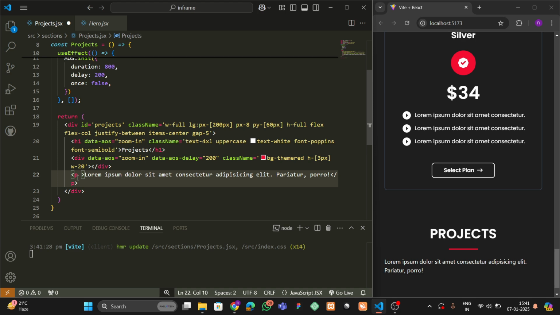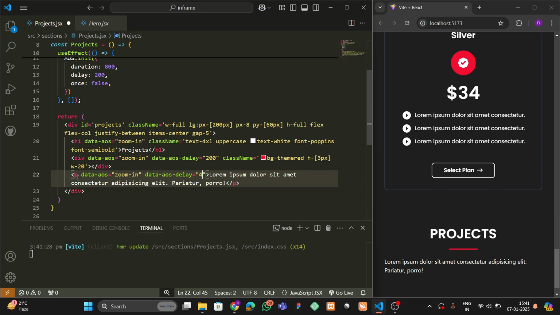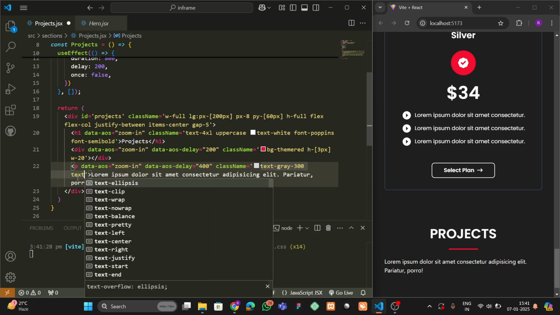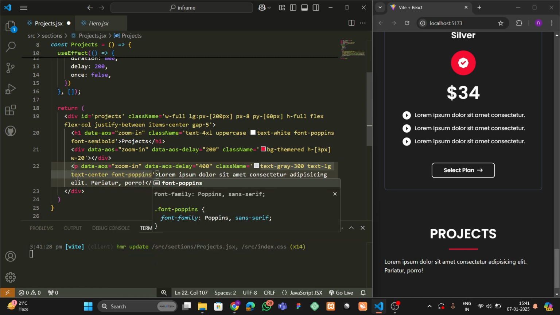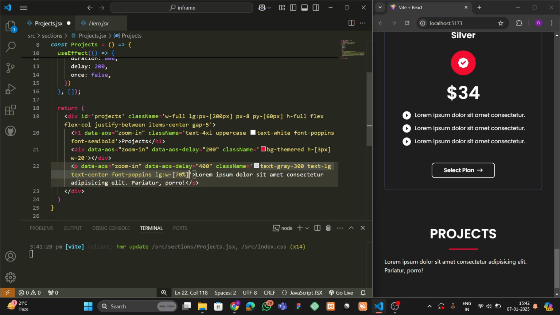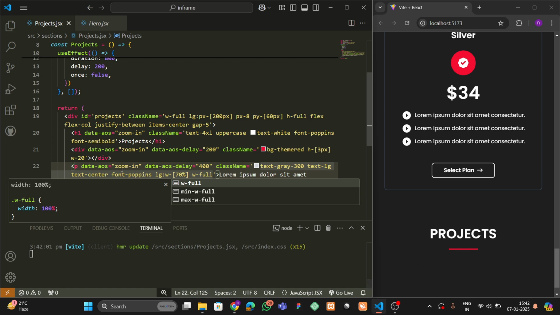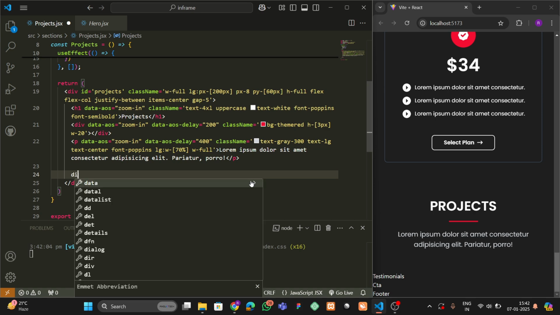Okay, form 10, and here we can write data AOS, and here we can add a zoom in, data AOS delay 400, and here we can add text gray 300, text LG, text center, font Poppins. For the large devices it will be 70% and width will be full. Okay, then after that we can go below P, and here we can write div